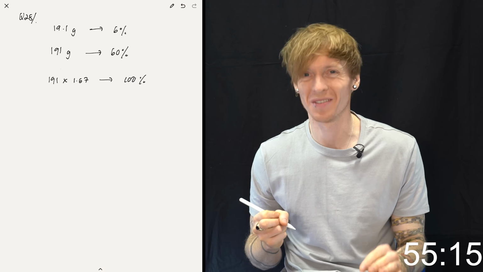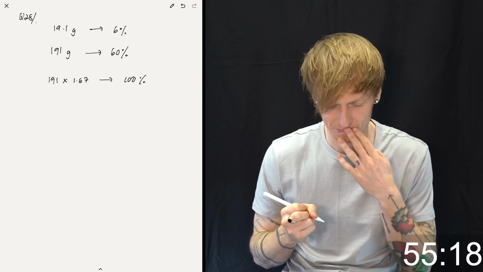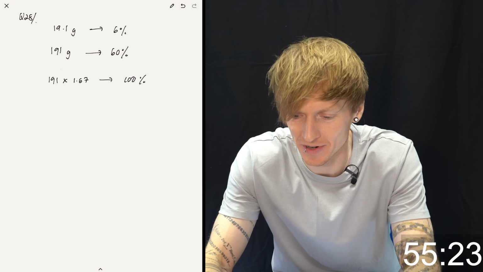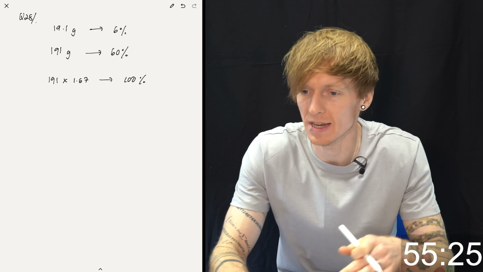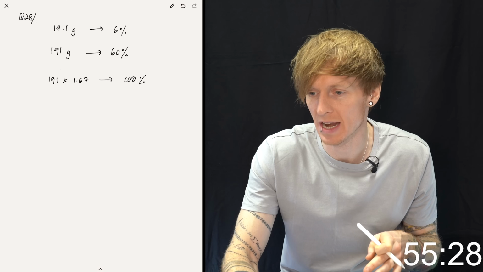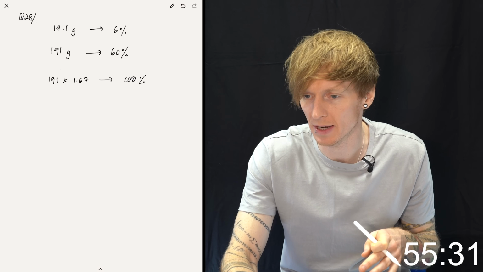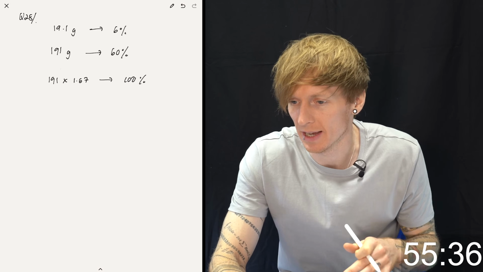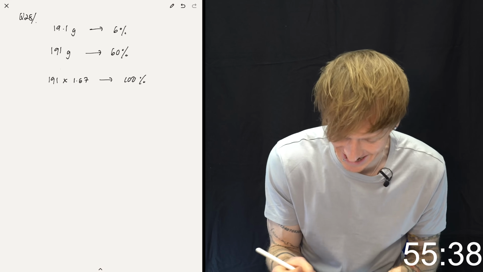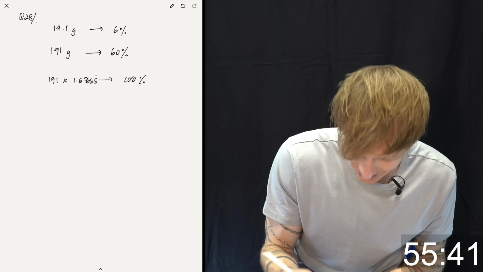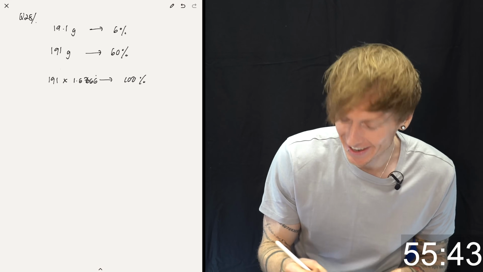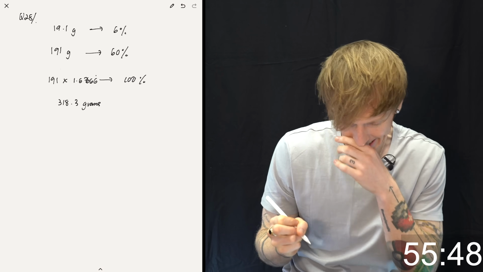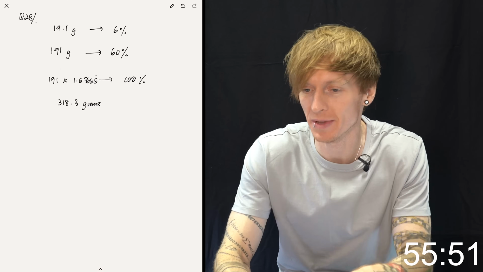Or I could do 191 divided by 6. I think that's really going to help though, is it? All right, I'll use a calculator. 191 times 1.67 is going to give me 319. Is that correct? 1.66666666, 308. I'm glad I checked. 318.666 recurring, to be exact. 318.3 grams, so 318. I was just trying to do it without using a calculator, but